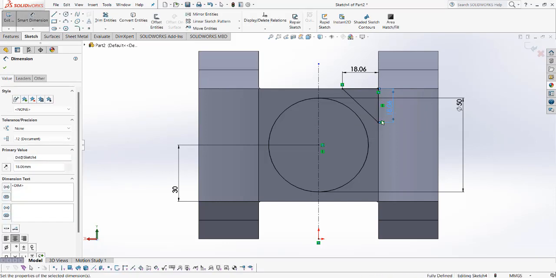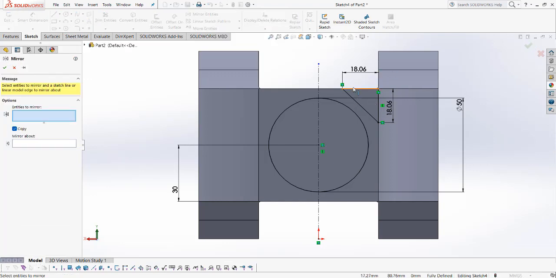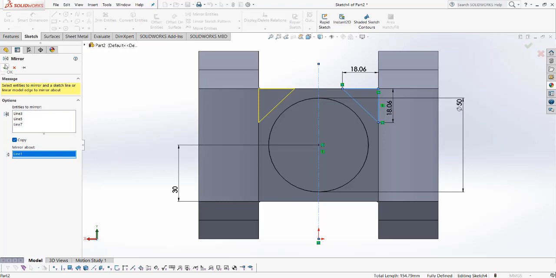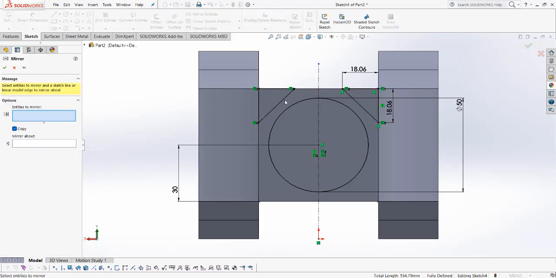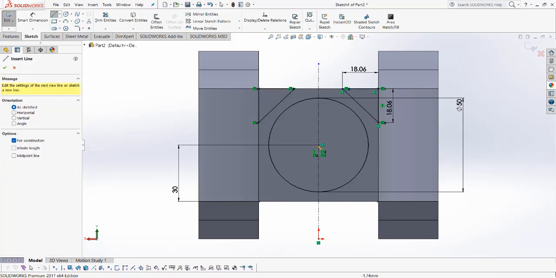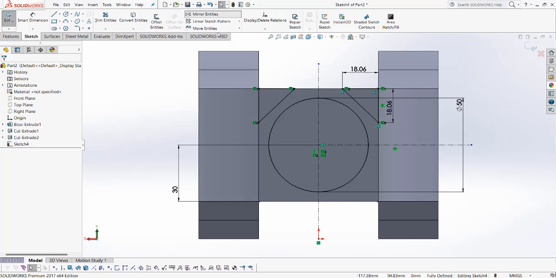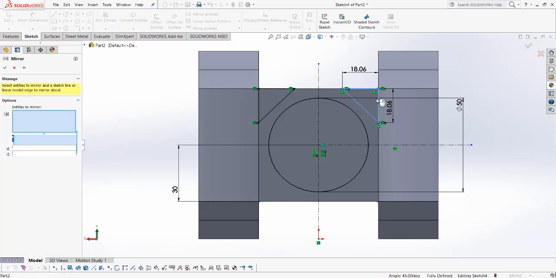Okay, now use the mirror command on these entities. Now again we choose mirror entities, these 6 lines, and before that we have to draw a center line. Okay, like this, and now choose mirror entities, these 6 lines, about mirror this. Okay,